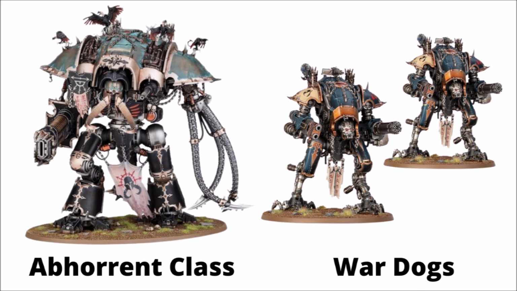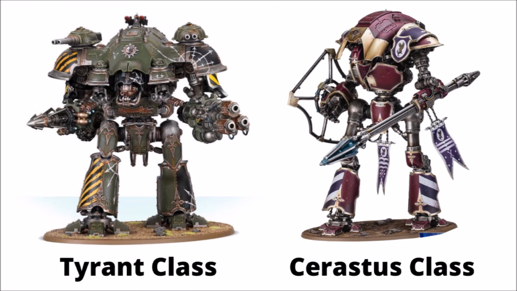Here's an Abominant Abhorrent class knight, a Psycho Knight covered in terror shades, fighting with an Electro Scourge and a massive Volkite weapon. The War Dogs are the bound vassals to the mightier nobles, packs of them acting as outriders and hunting down the enemy, perhaps in situations where the bigger knights can't maneuver quite as well. And otherwise there's the big Tyrant class, a fairly solid and enormous up-armoured gun platform, a walking bastion of firepower,